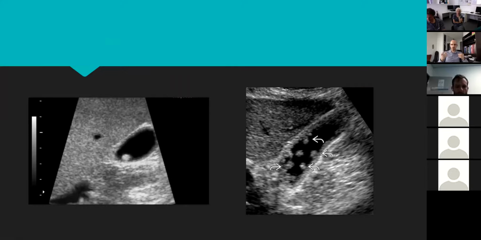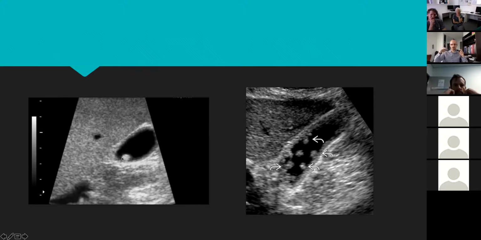The other thing with the polyp is that it's perfused tissue. So especially if they are big enough, if you put color Doppler on it, decrease your scale to the minimum and increase your gain, you should be able to see some flow in it, but obviously there wouldn't be any flow in the stone. And if there is a stone this big, unless it is a small sludge ball,